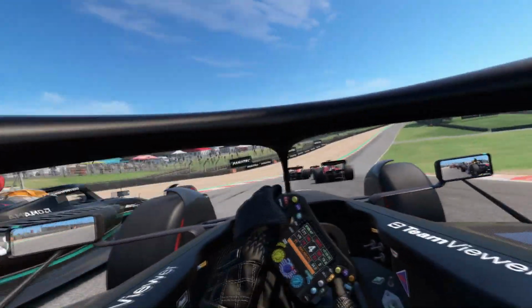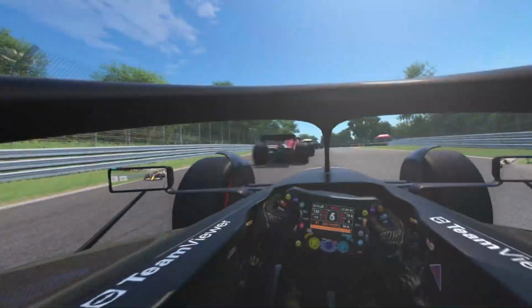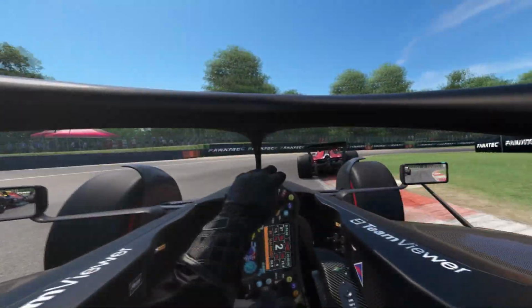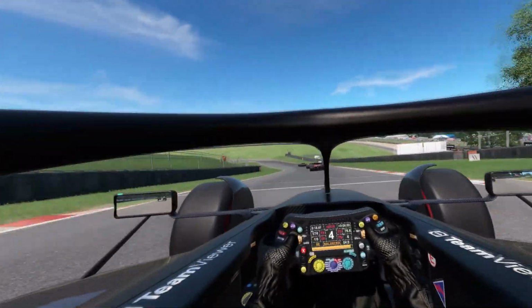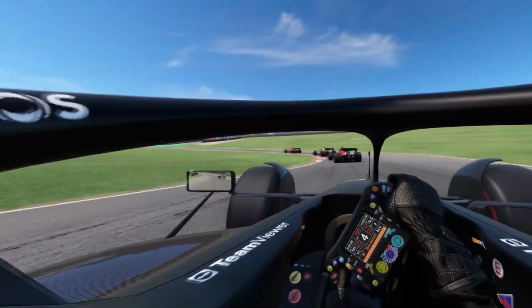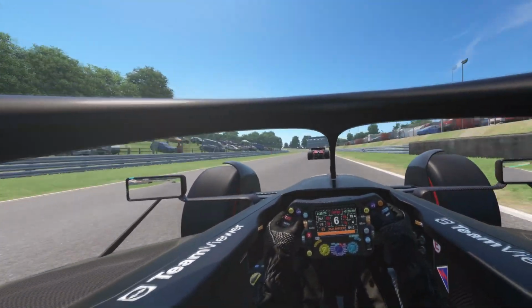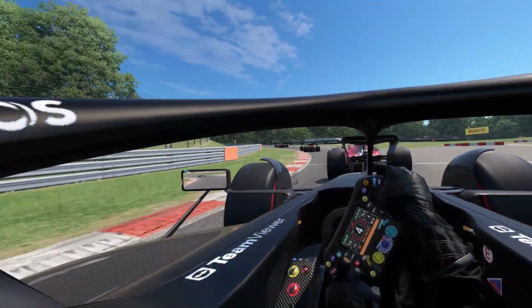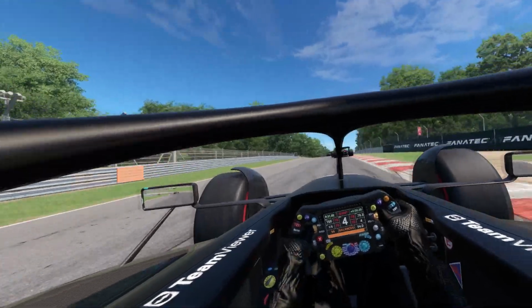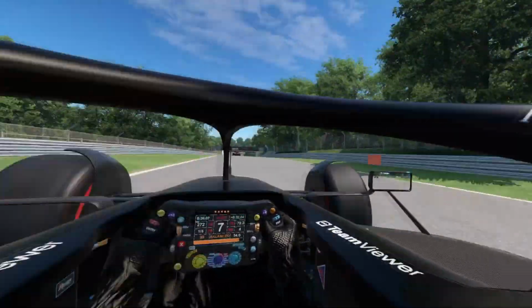On Brands Hatch, 5 laps we will be doing as we just push Lewis Hamilton out of the track here through Paddock Hill Bend. That is a very interesting first corner in the first lap. In general, it's a pretty interesting first corner. Very, very challenging and really inviting you to run wide at the exit or to overdo it. And now through the forest we go